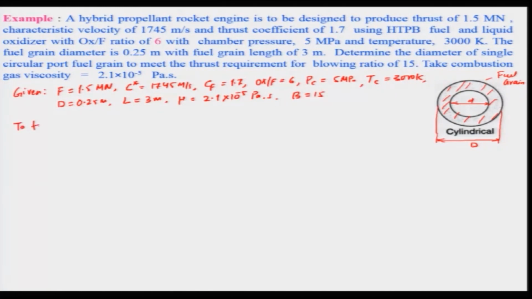We will have to find out D, that is the diameter of the cylindrical port. And let us look at how we can find that out. First of all, we will have to find out the mass flow rate of the propellant. That can be done provided we know the throat area. So, for that let us find out the throat area, and we can estimate it as